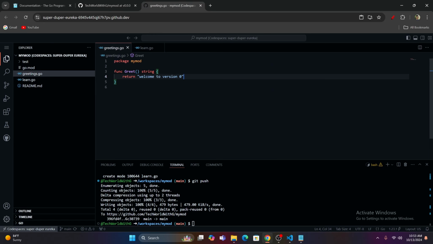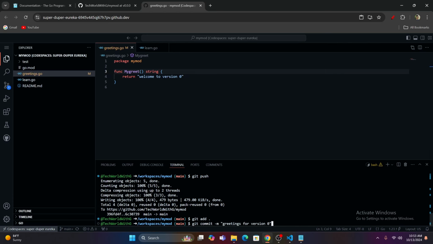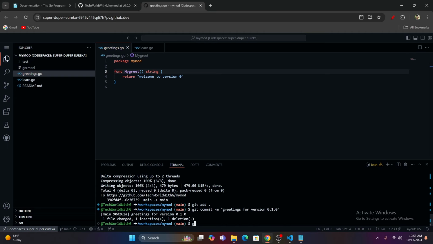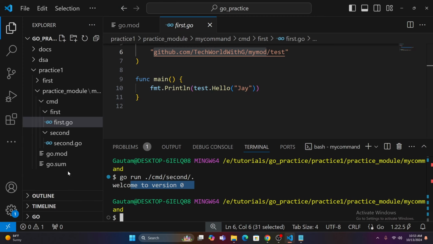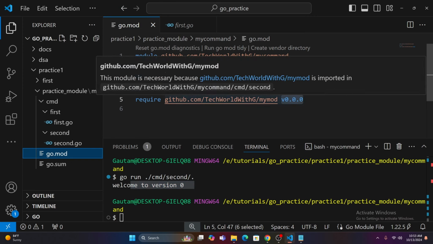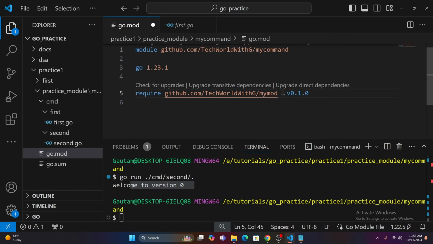Here inside greetings I will break the code. Let's say I will name it my greet. Now if I commit, git add dot, git commit hyphen m, minor changes, you can say 0.1.0. Now if we try to push, earlier we used the greet function, now it is my greet function. So if I try to update the version from 0.0.0 to 0.1.0, before that I have to do one thing,